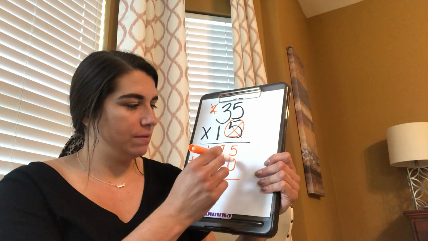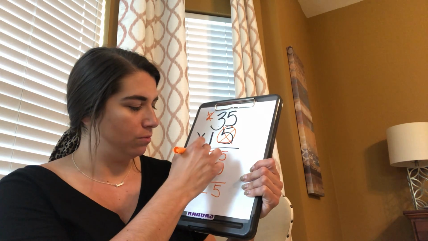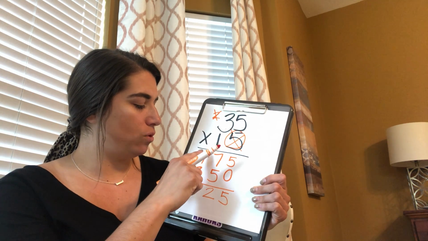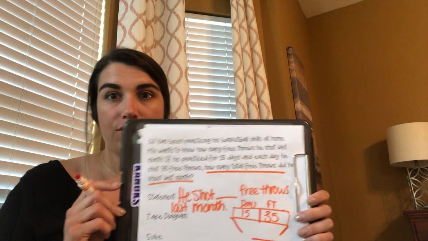All right, but 5 plus 0 is 5. 7 plus 5 is 12. Carry my 1. 3 plus 1 is 4. Plus 1 is 5. So, to figure out how many free throws he shot last month in those 15 days that he was practicing, you would write into your statement